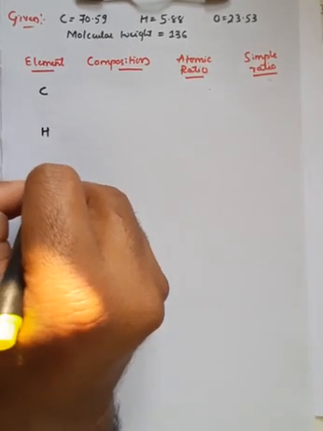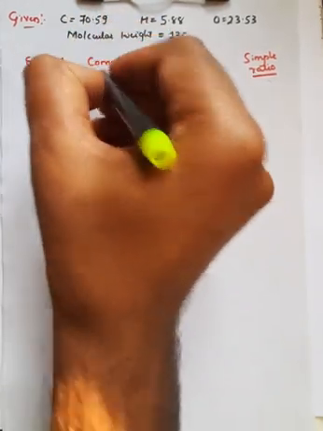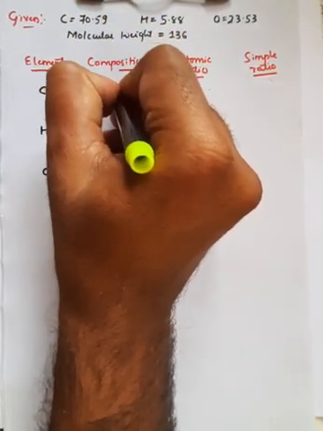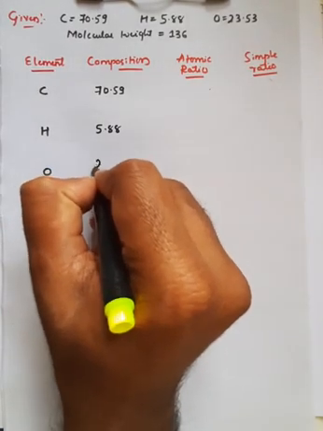And according to their question, they have given 3 values. One is for carbon, another is for hydrogen, and another is for oxygen. They have given 3 elements, which means the given organic compound is made up of 3 different elements: carbon, hydrogen and oxygen. And they have also given the composition. I will write the composition. Carbon is 70.59, so I can write 70.59, and similarly hydrogen given is 5.88, and oxygen given is